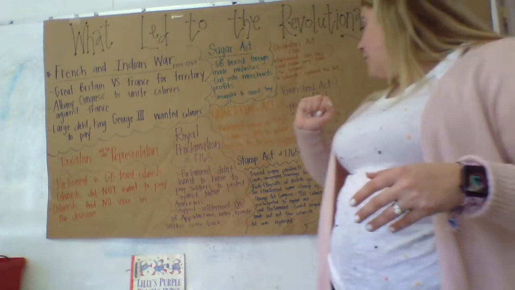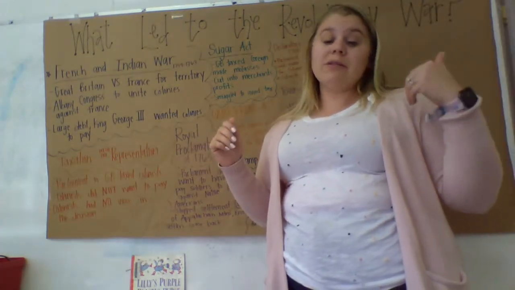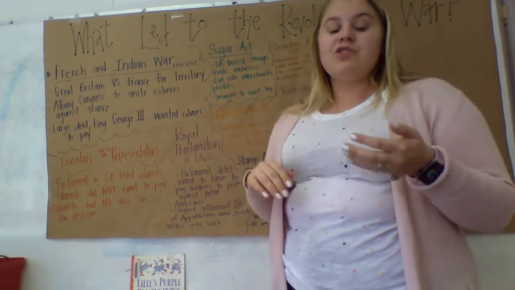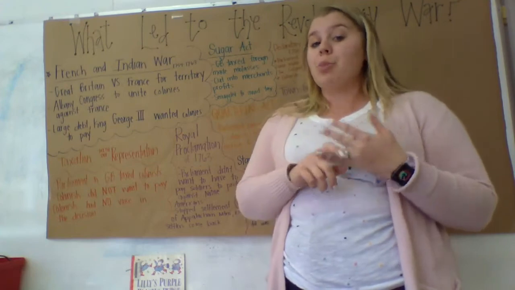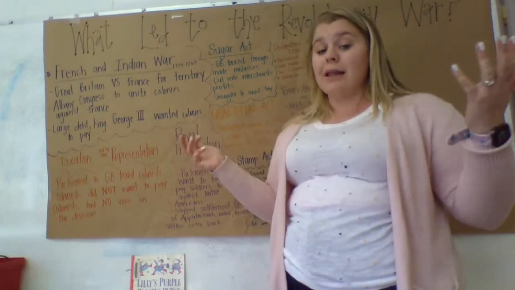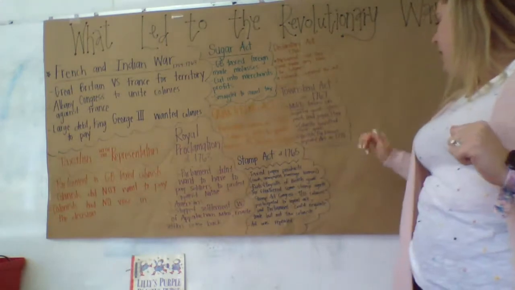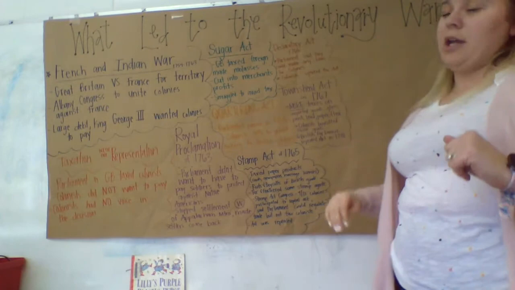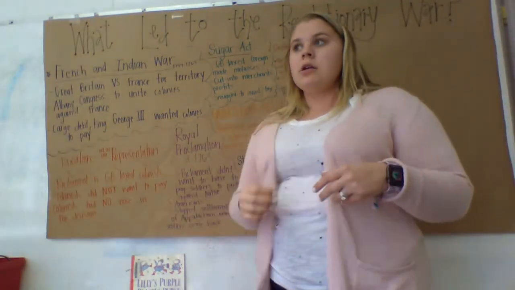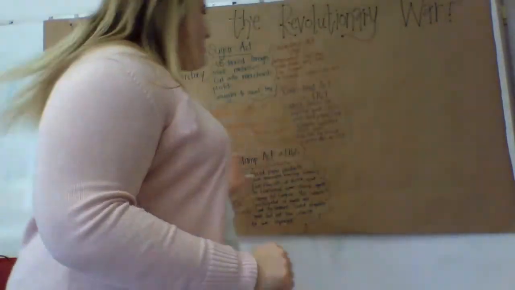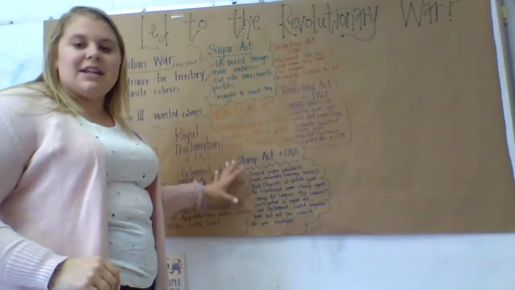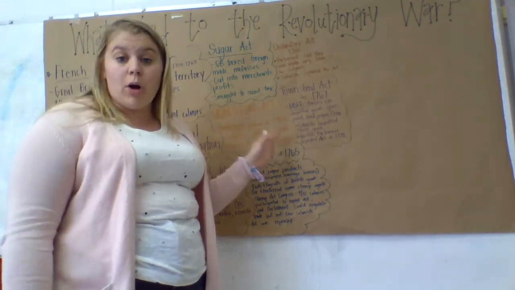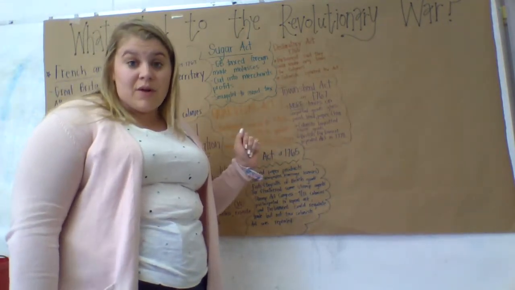So what the colonists started doing is they started boycotting these. If it was British tea, we're just not going to drink it. They started boycotting it so that they didn't have to pay the tax, but then the British weren't making money off of it because they weren't selling their product because nobody was buying it. Parliament eventually did repeal that act in 1770. So 3 years after it passed, they did repeal it. So we've added several more things that have led up to why the colonies got so fed up with Parliament and with Great Britain that it led to the Revolutionary War.